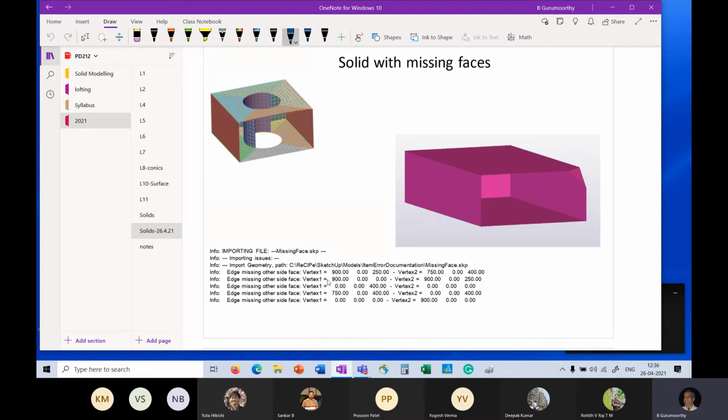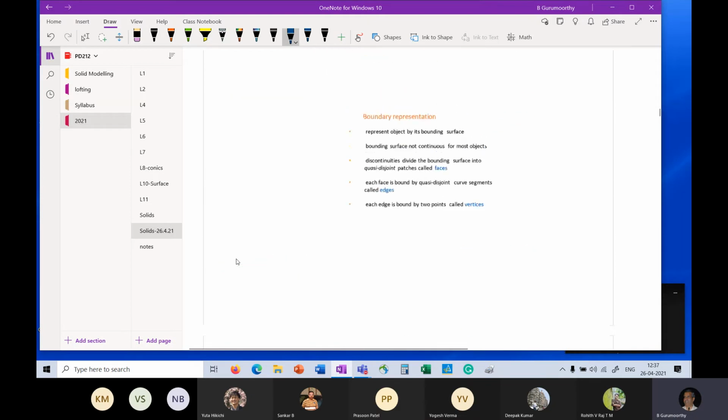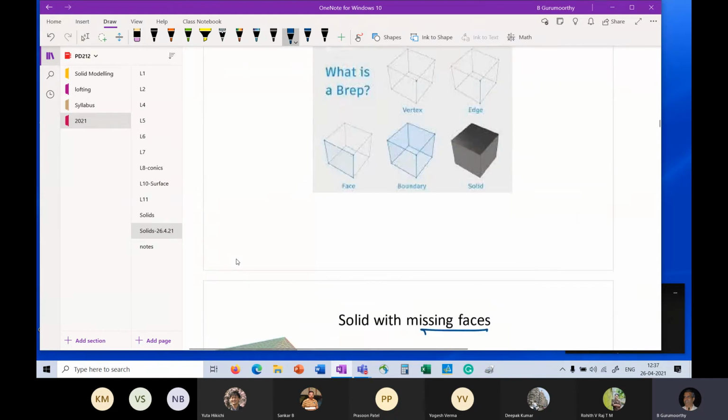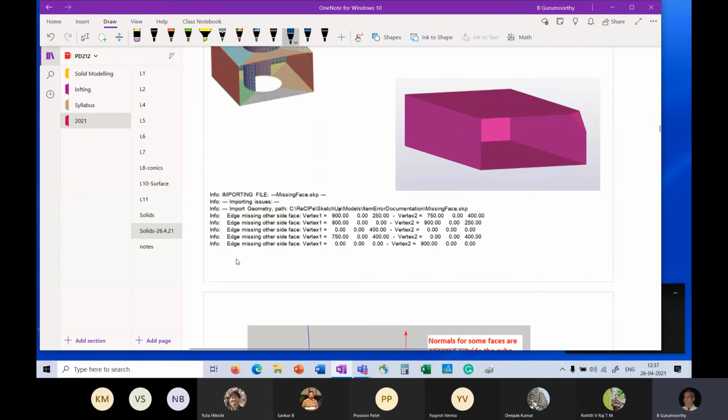But if I have a situation where there are some edges in my boundary model which are on only one face, then I have a problem of a missing face. So this rule is simple to implement because all you need to do is march through the boundary structure of this object and count for each edge whether it is in two faces or not.